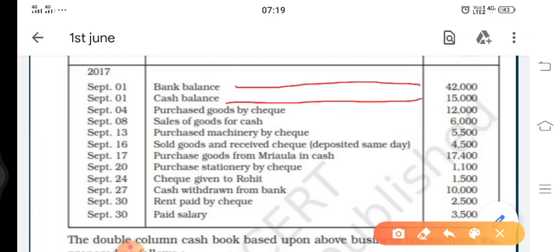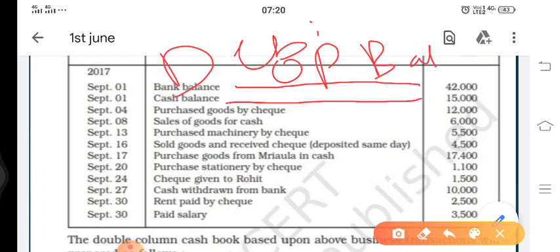So first of all, it is the balance on 1st September. That means it is which balance? It is opening balance. Since cash is also having balance and bank is also having balance, that means they both have an asset balance, which means they both have a debit balance, right students, as we have discussed in our previous lectures. That is, bank balance and cash balance are assets, and assets are always having a debit balance.